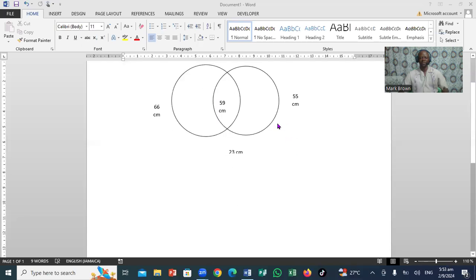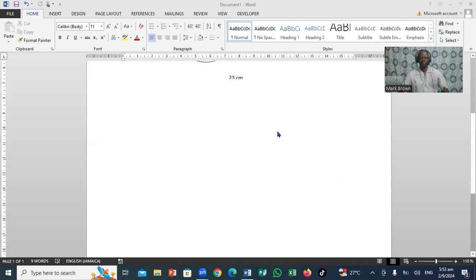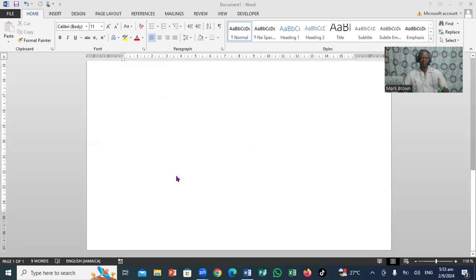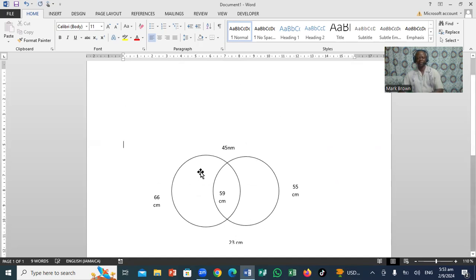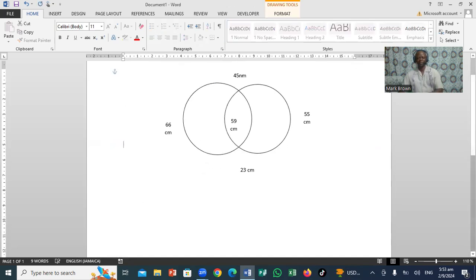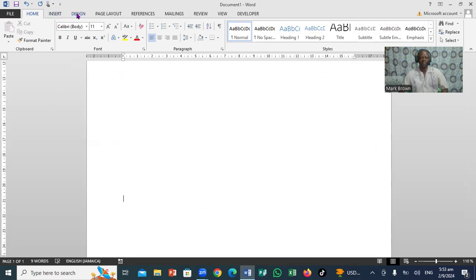But if you notice, this itself is a document, and it's actually in portrait. So I want to put the next page in landscape, right? So what I'm going to do is put the cursor right down here. Let me shift this back up here. All right, so I want to put the cursor coming right down here. So now I have it right there. Now what I want to do, definitely, is click right here,